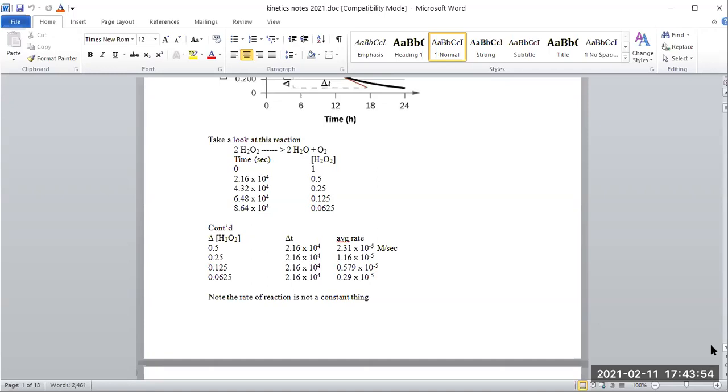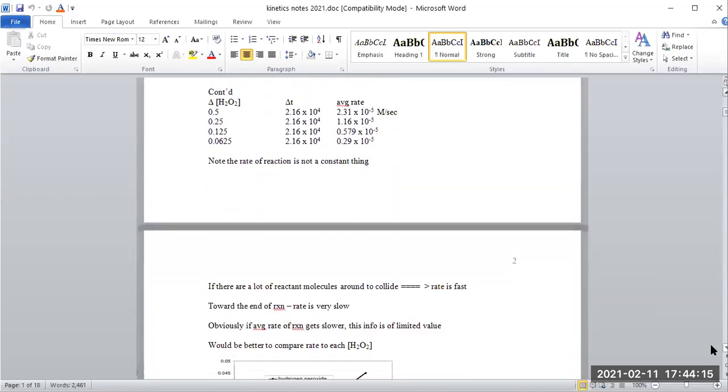One of the reasons for looking at this data is to give you both a graph and some data to reinforce the idea that rates of reactions are generally not a constant number, which is the starting point for kinetics. So here are some reasons. When you're back at the beginning of your reaction, you have a beaker full of molecules. Since they have to hit each other to react, if you have lots and lots, a mole's worth or more,